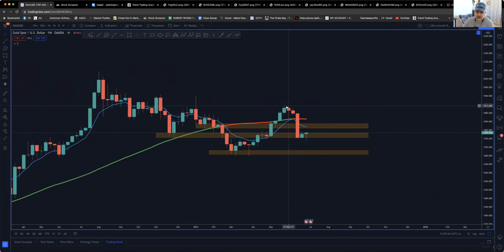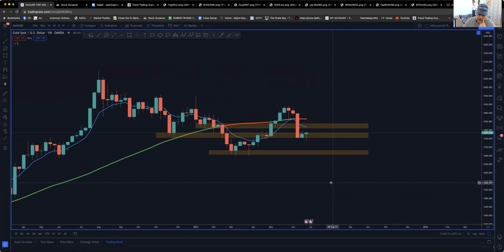I thought about pulling a fib. I wasn't sure pulling a fib from here or from here. I'm thinking I'm going to pull a fib from this right here. In fact, I already did. The fib from here to here has a retracement, the 61.8 at the top of this zone right here. So I anticipate that gold will remain bullish going up to the 61.8 and then reject from 61.8 for a